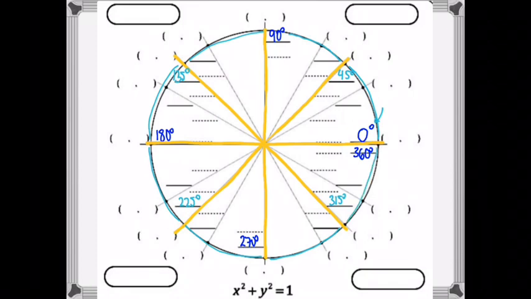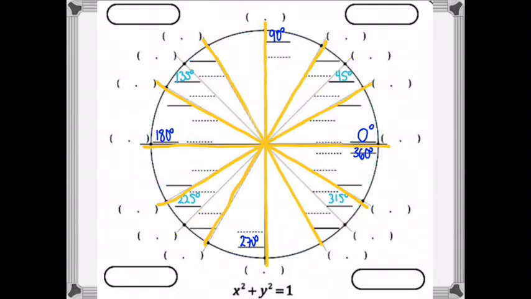Okay, so now we have all the 45-degree increments labeled, and we're going to move on to the 60-degree increments. I'm sorry, the 30-degree increments. Okay, so here we go with increments of 30 degrees. So let's count around 30 degrees starting from this guy right here. So we go 0, 30, 60, 90,